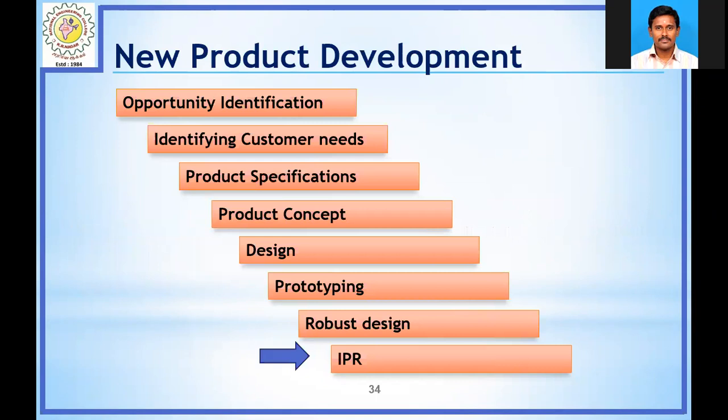And then finally, we can go for the IPR. IPR is nothing but intellectual property rights. So nowadays, it's a globalized technology we are using. So whatever the new product you are launching into the market, we should assure the safety of the product. Safety in the sense, we should prevent our product from the illegal production and usage by our competitors. This can be done by protecting our product in the form of intellectual property rights scheme all over the world, and then we can assure the safety of the product in the market.